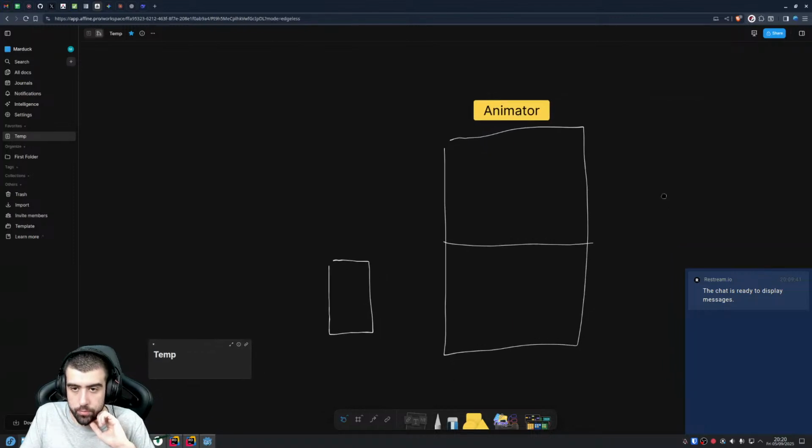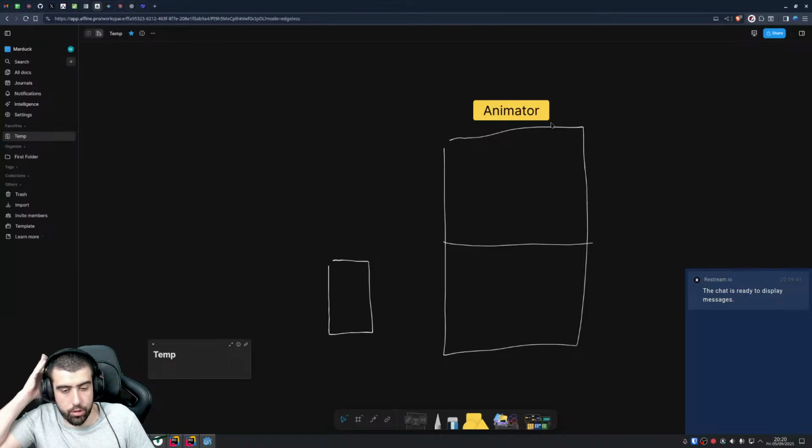So one idea is to have the animator on the arena level, and then it's just gonna get the battle information, and it's gonna animate the cards accordingly. And that works, that's fine. However,